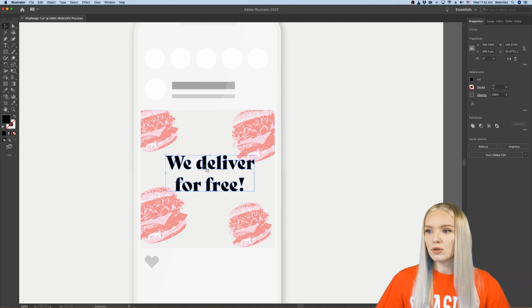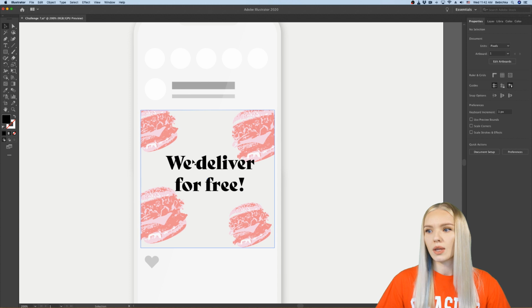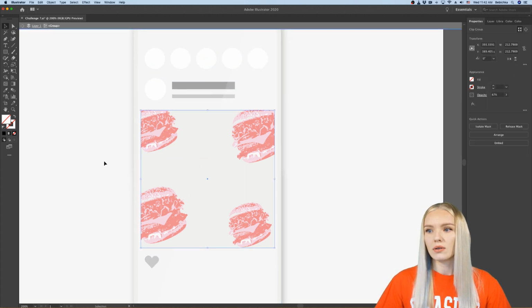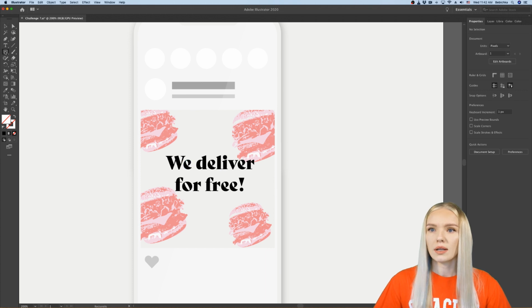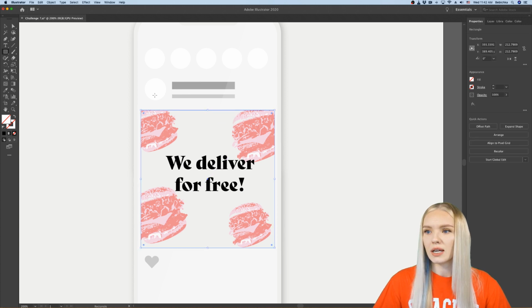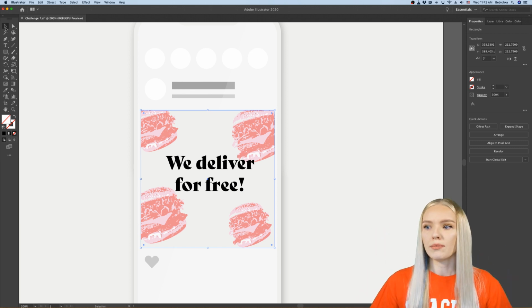So now what I'm going to do is place this exactly in the middle of the post. I am going to select this object, the text object. Then I'm going to hold Shift. Let me actually grab another rectangle here, because those are all grouped and I don't want to ungroup them right now. So I'm just making another rectangle on top, so I have the coordinates where I have to put my type.